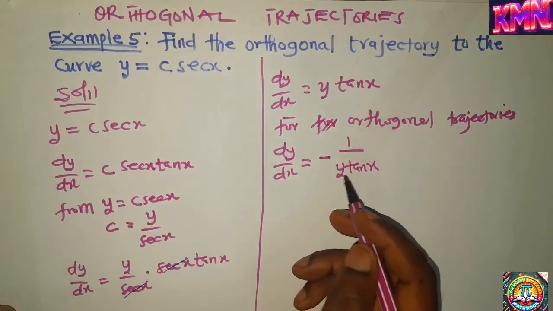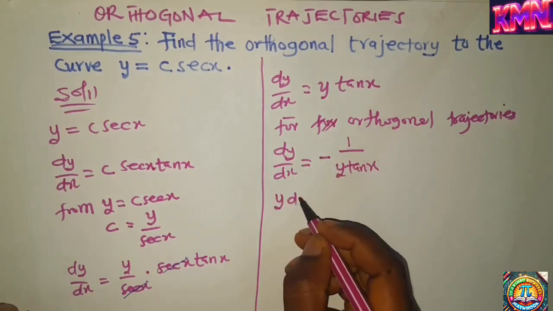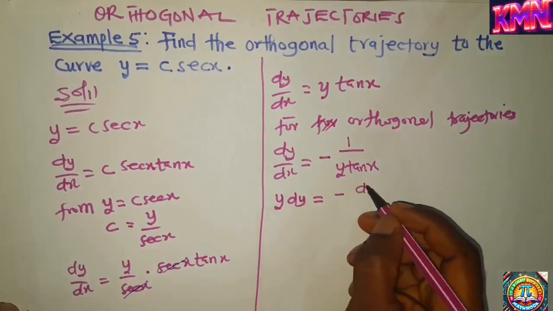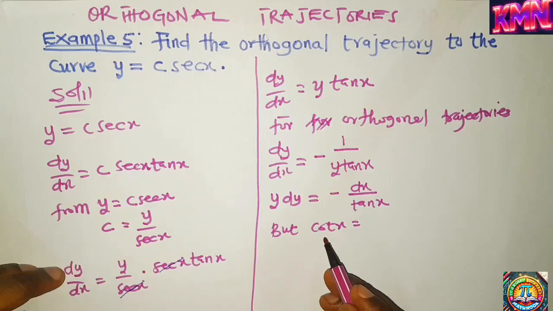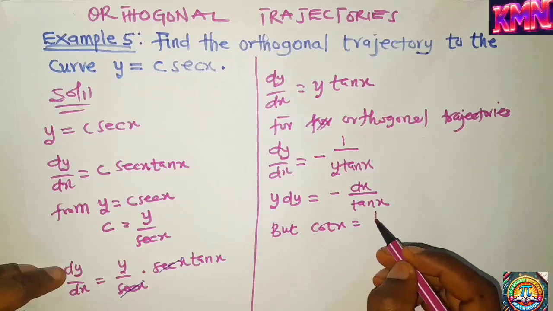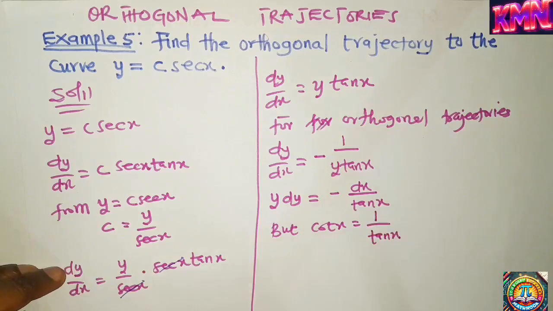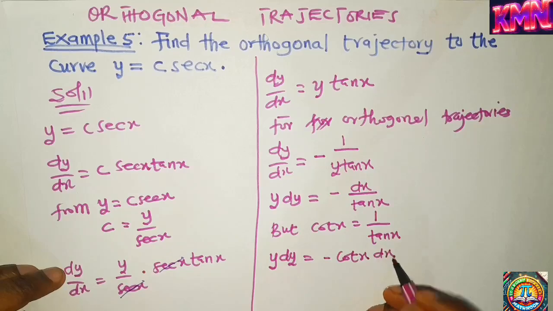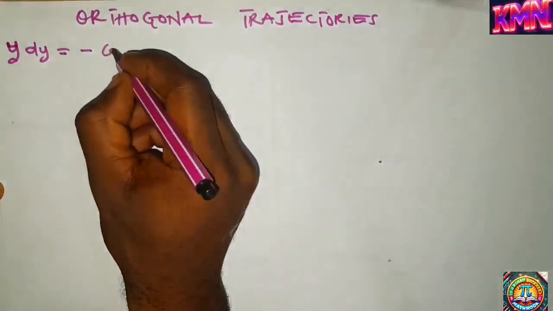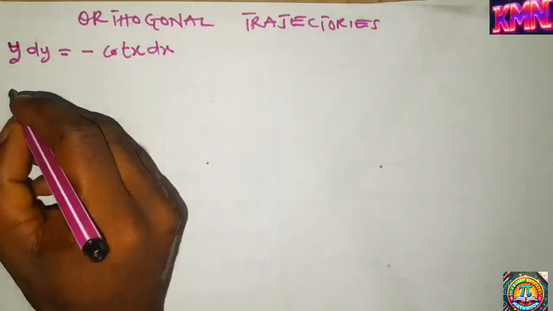Separating, we are going to get y dy equals negative dx on tan x. But we shouldn't forget from trig that cot x is the same as 1 on tan x. So that means we can replace it with cot x over here. So doing so, we are getting y dy equals negative cot x dx. We can integrate,